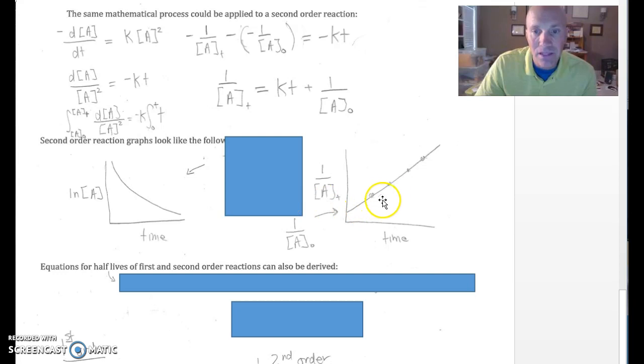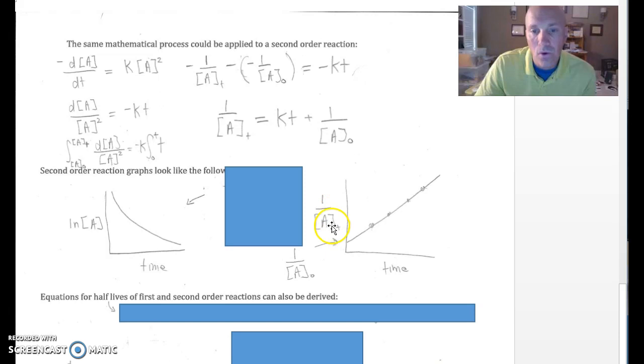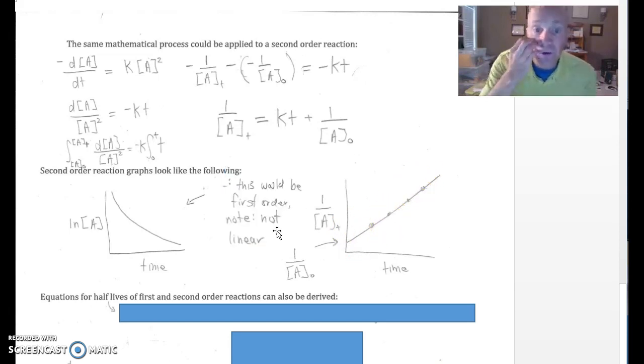All right. Instead, what we find is that if we plot 1 over At versus time, we end up getting a straight line here. Remember, for a second order reaction, you should get a straight line because this right here follows a straight line format. All right. So when you do this, that's a hallmark of saying this is second order. All right. So I just want to point out, notice that this is the graph that you use for first order. And since we're putting second order data into a